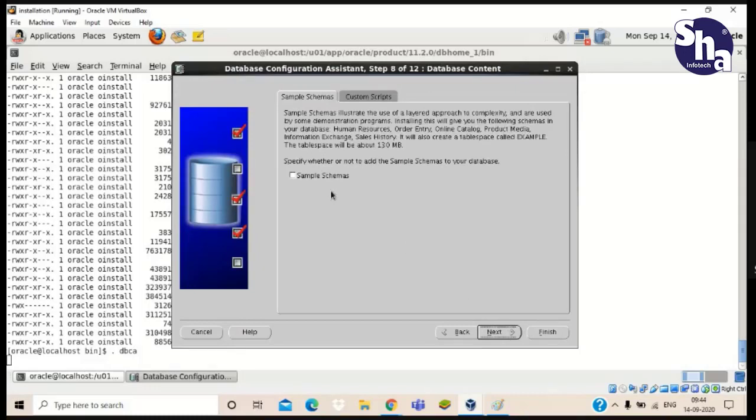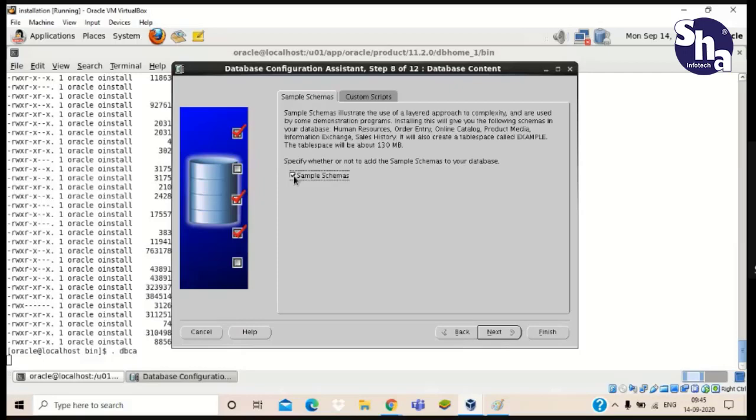Here, a very important thing, you have to check this sample schema, because all the data which we will see while we learn SQL, all the commands that we perform on any table, will be in the sample schema. So we have to select this sample schema.